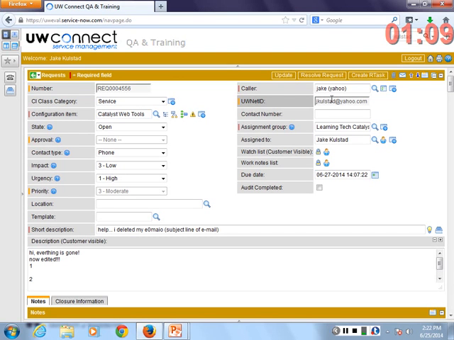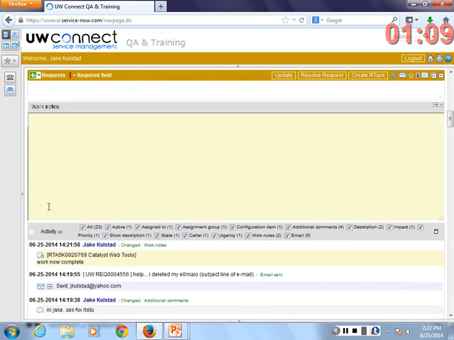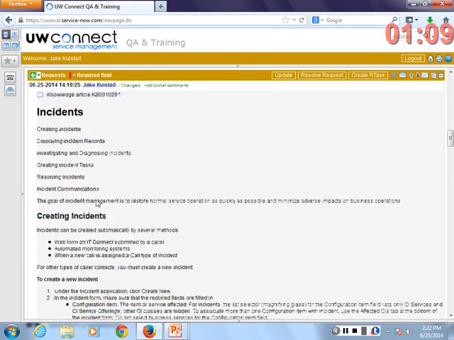I just want to point out that we have to be trained to look in the log if we're using request tasks, okay? Sorry, it's late. If you scroll down here to your log, you'll see down here that I have a note from the task communicating back from the work notes. If the customer were to respond to us, that too would be at the top of our log. So we really have to be trained to go down and check the log before we do anything. That sound okay?